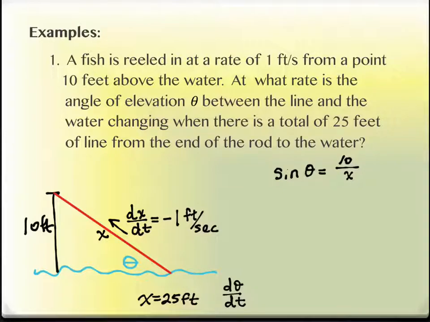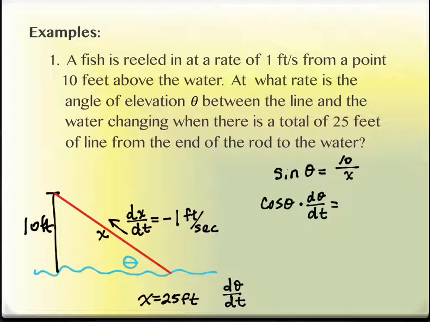So what is the derivative of sine? Cosine. So the derivative of sine theta is cosine of theta. But then the derivative of theta is d theta dt. Okay, so the derivative with respect to time. How is theta changing? D theta dt. So anytime I take derivatives with implicit differentiation, all the variables are going to have this, d whatever dt,